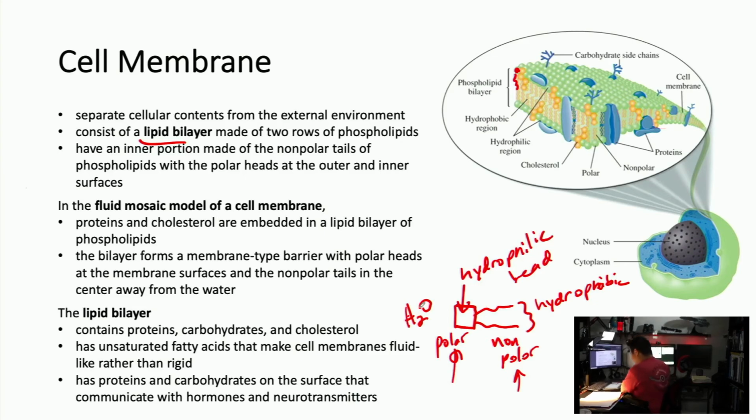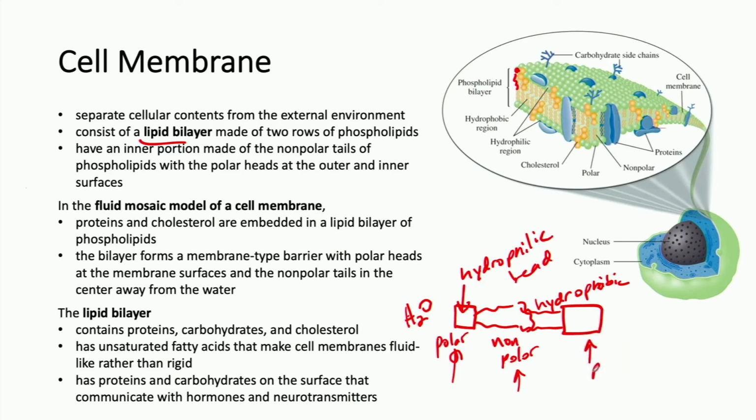But for this to be a bilayer, the other side is another phospholipid flipped upside down, so that its polar side is over here. Except that you can't see because my head is in the way, so let me change the view real quick. There we go. Its polar head is on this side, right? And now there are two sets of nonpolar tails right here, and they're facing each other. Why is that good? Well, that's good because now you can have water on both sides,